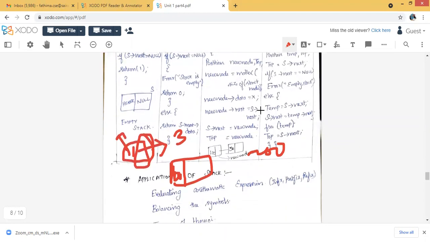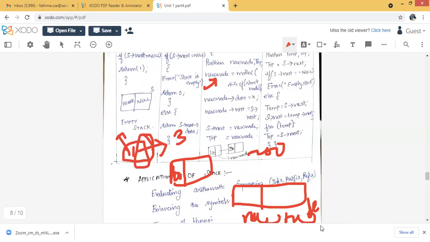Whenever you want to insert in a linked list, obviously you know, we have to create a new node. So allocate some space first, using malloc allocation with the size, and give it the name new node. Whenever this line executes, it will allocate this memory location.